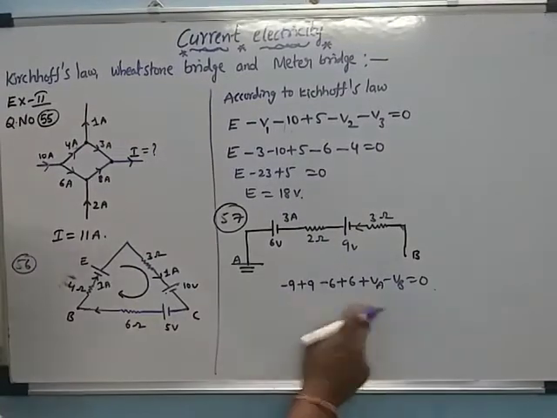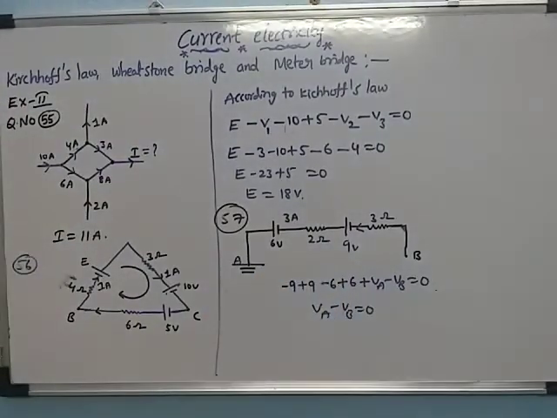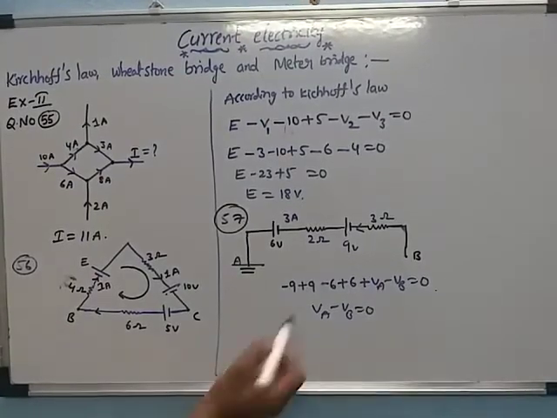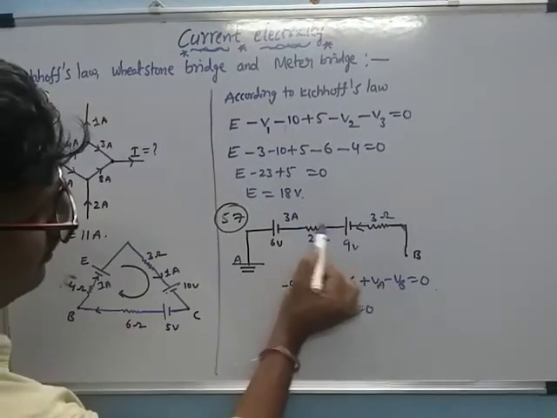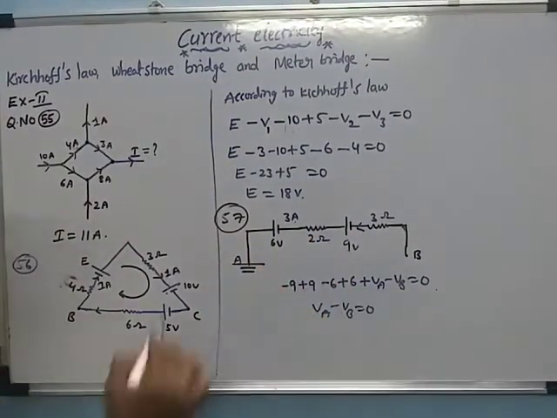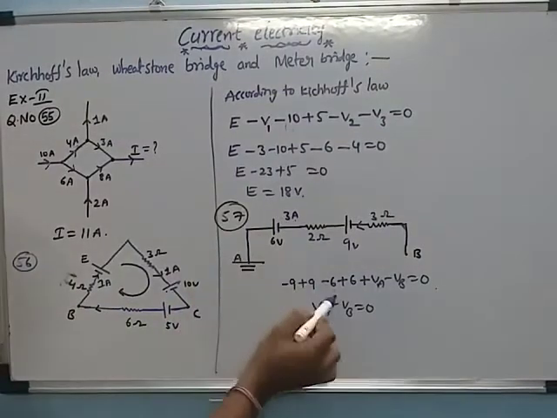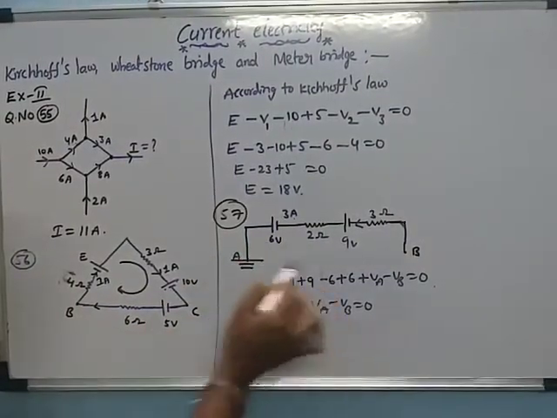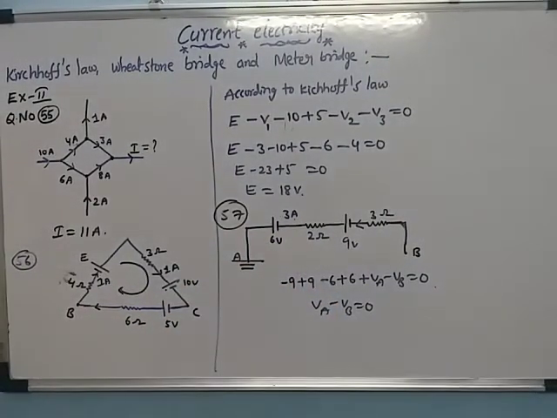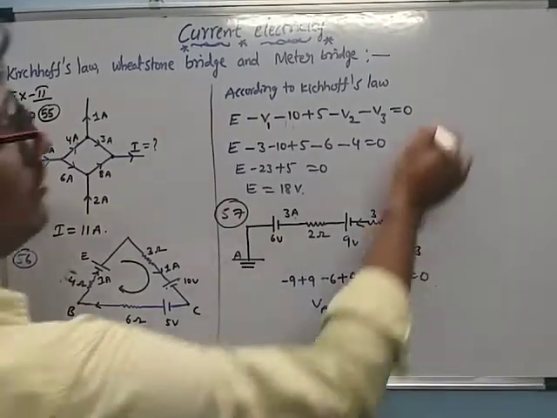Observing this, the total VA minus VB is equal to 0 potential. Here the current into resistance, 3 into 3 is 9, and the potential gain is 9, and here the current into resistance, 3 into 2 is 6, and the potential gain is also 6, that's why the total became equal to 0. So next we are discussing question number